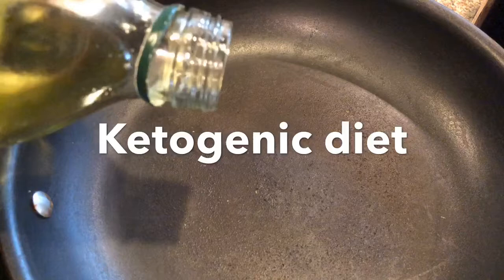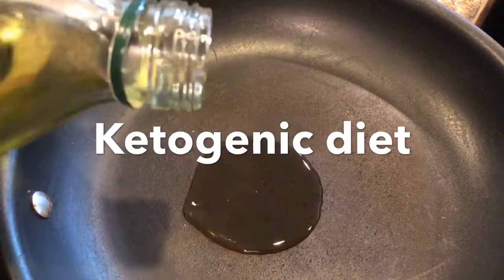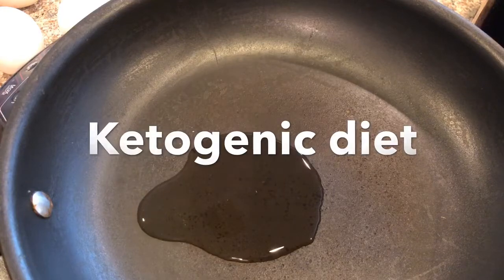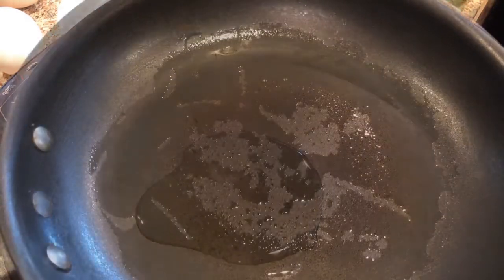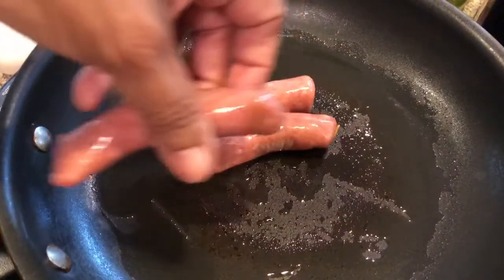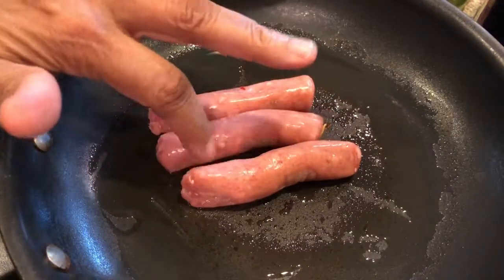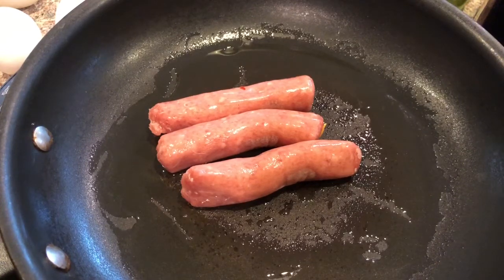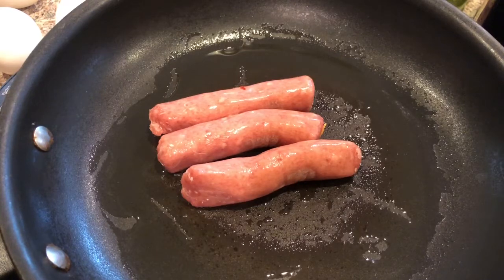I'll place some grapeseed oil in a skillet here and stir the skillet. I'll add my turkey sausage to the pan here. People always ask me what kind they are. I'm not getting paid to say it's Jenny O's turkey sausage, so